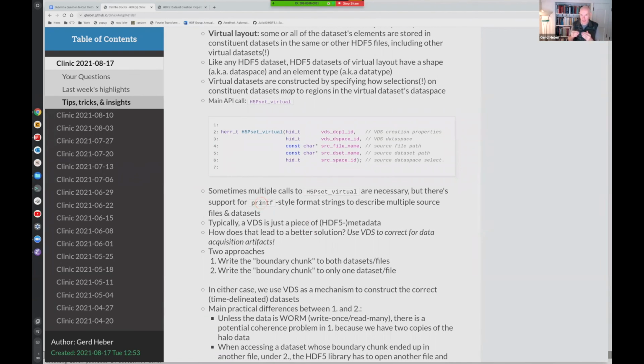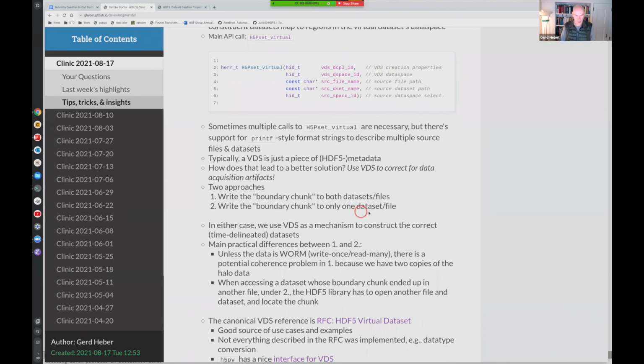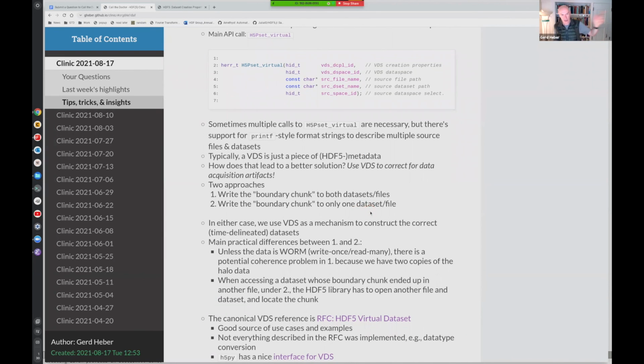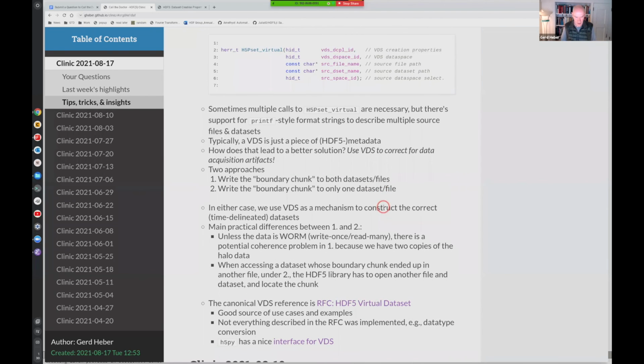For example, if you have potentially infinitely many or indefinitely many files involved in such a virtual data set, that's possible. You can use printf-style format strings to describe the enumeration. Since we are a little short on time, I'll be quick, but you can also read the reply I wrote to the user in the forum, where there's a little bit of discussion right now.